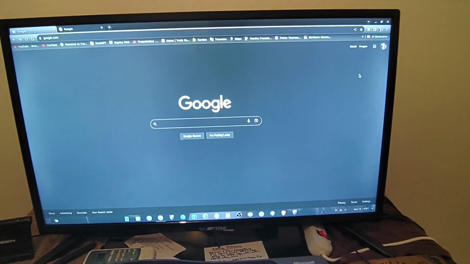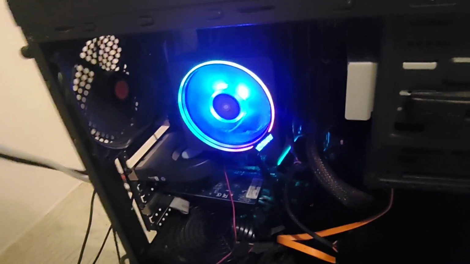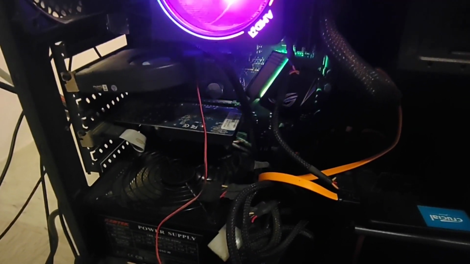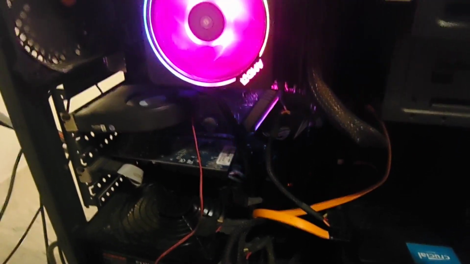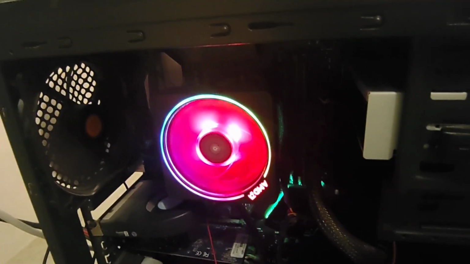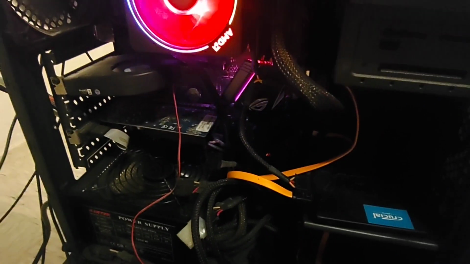Okay, this is my monitor. This is my computer. I have a Ryzen 7 with 32 gigabytes of RAM. Okay, I built it myself, so I know computers. Okay, now